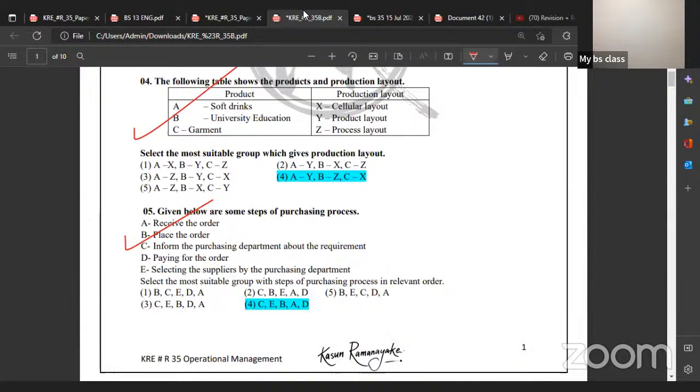So I was saying for the fourth question, the fifth one. A is soft drinks process? No, not soft drink process layout. Just go to YouTube and search for the production of soft drinks videos. You might see it's a linear transformation from one stage to another, right? So soft drinks always use a product layout. So 4, right?